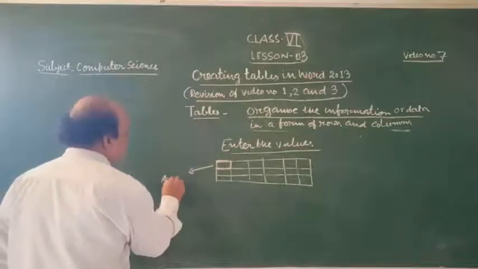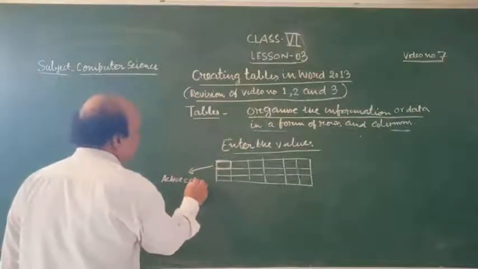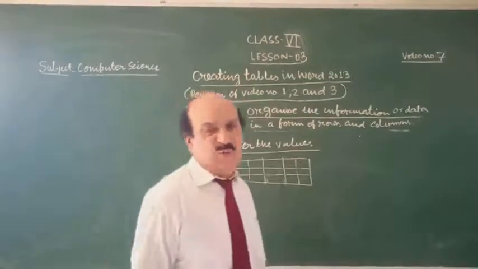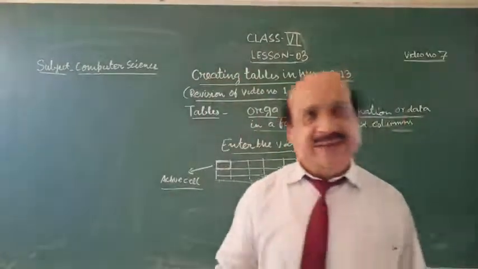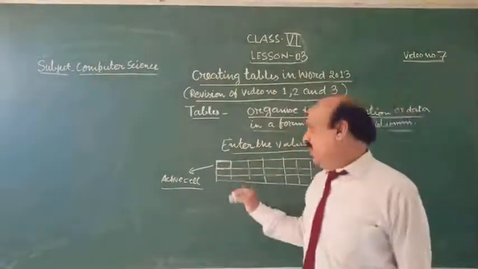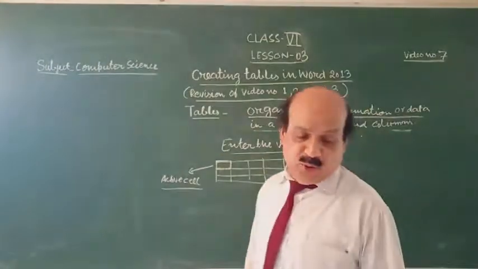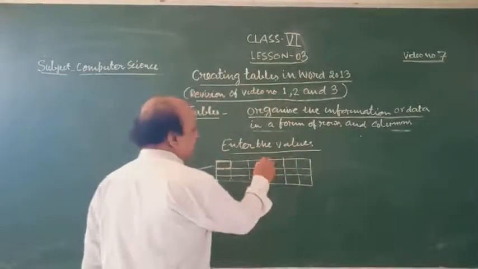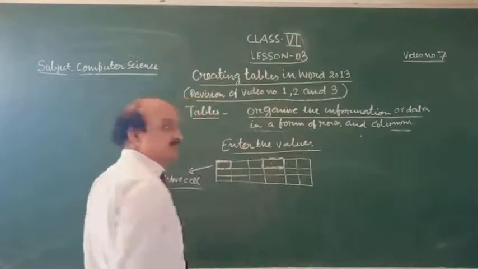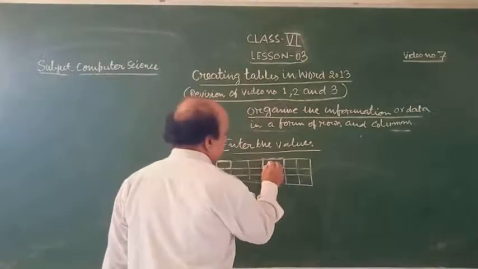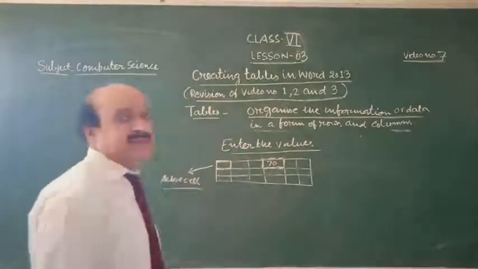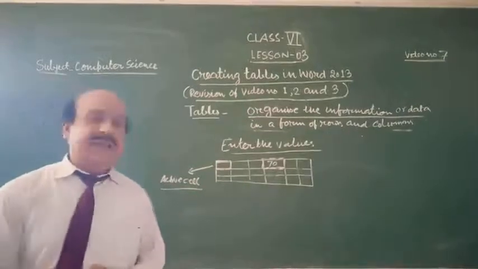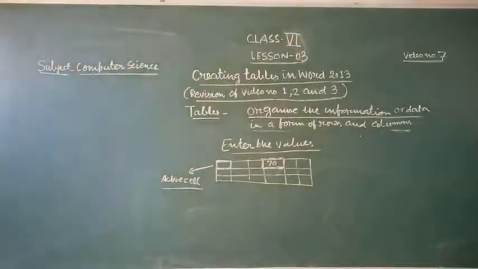So this is known as active cell. So you can write the data. One by one, you can move with the help of the arrow keys, left side, right side, top and bottom, and each and every data you can input in the table. If you want to move here, you will put the cursor here and click on it. So that will become active, and you can put the value. Just imagine that I am putting 70 here. So this is the way how you can enter the value in the table, and with the help of the mouse pointer we can move it.